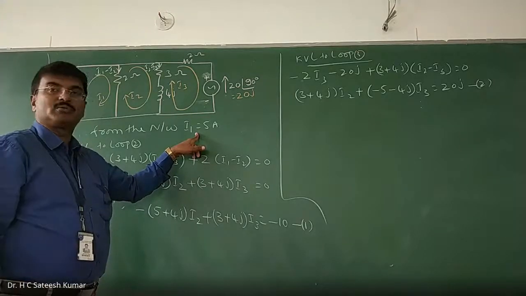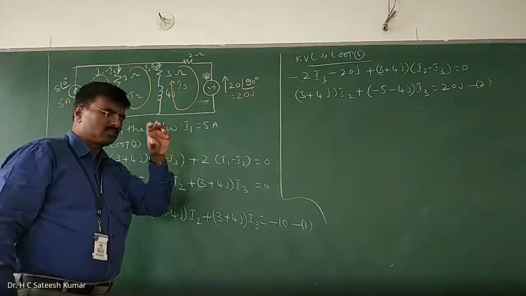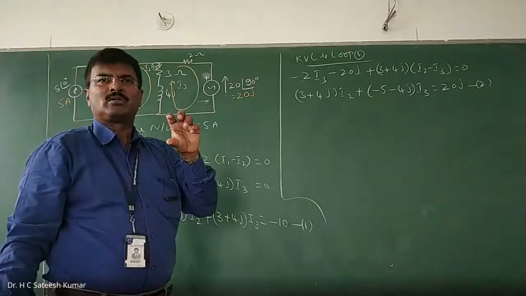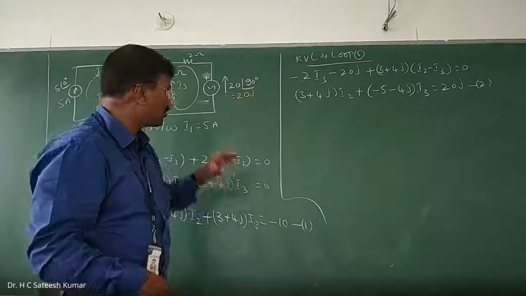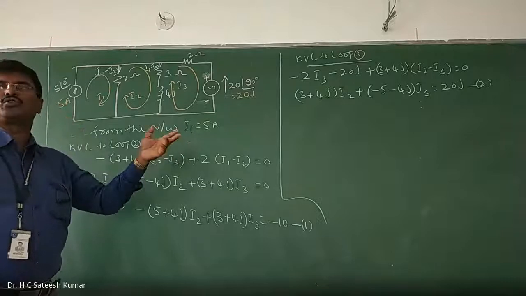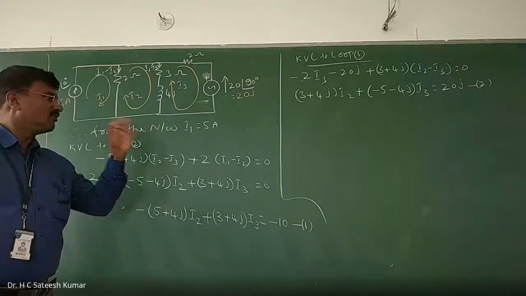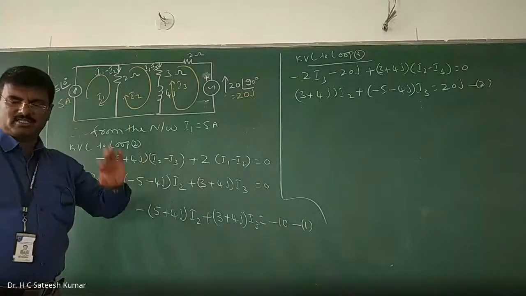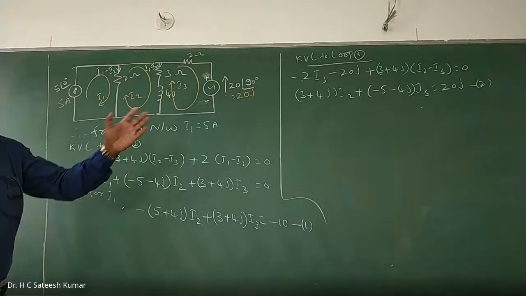Therefore, generally in the examination, the paper setters will frame the question papers in such a fashion that it should not consume more time, and they may give some options. Even though there are 3 loops, one can be easily eliminated so that you get a 2 cross 2 matrix. That's how they design. Even if you have a 3 cross 3 matrix, many zeros will be there so that you can easily solve it.